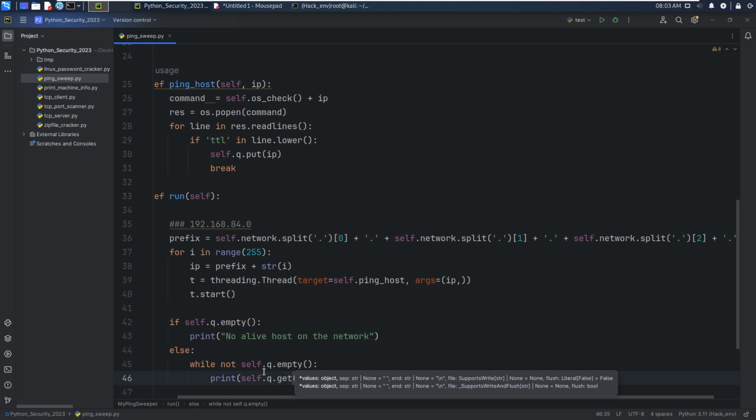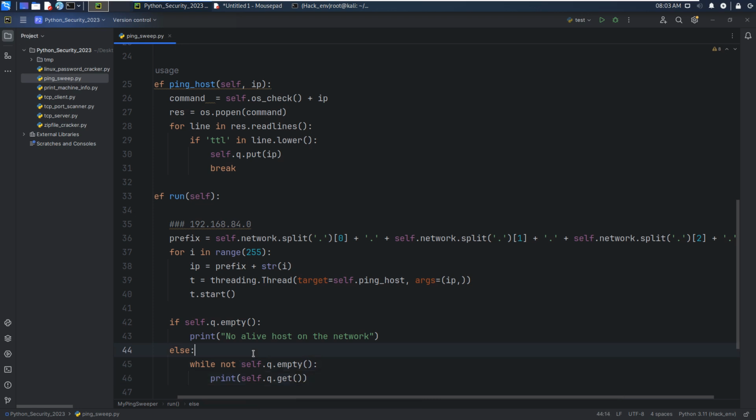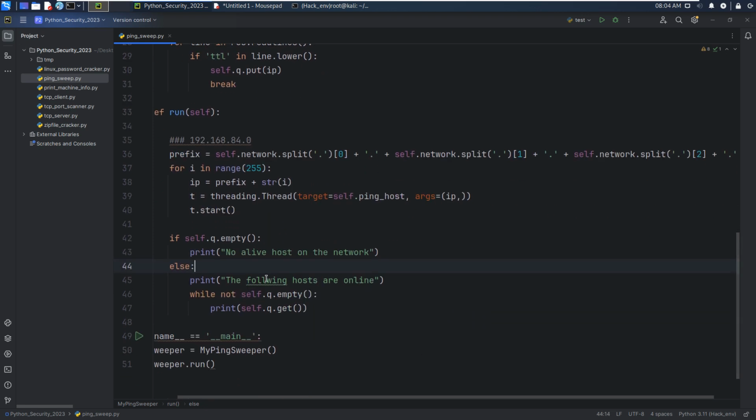Okay, so we will print one host at a time. Okay, we can print out something. So the following hosts are online. Okay. So I think that's it.